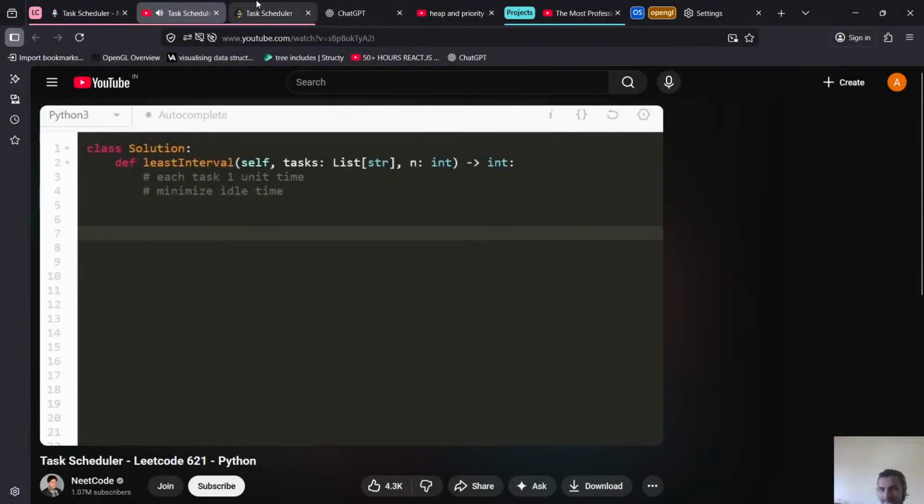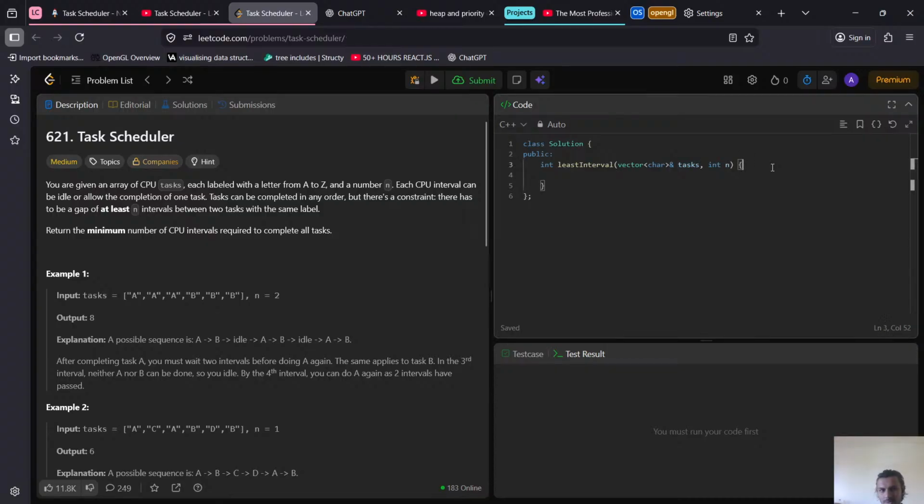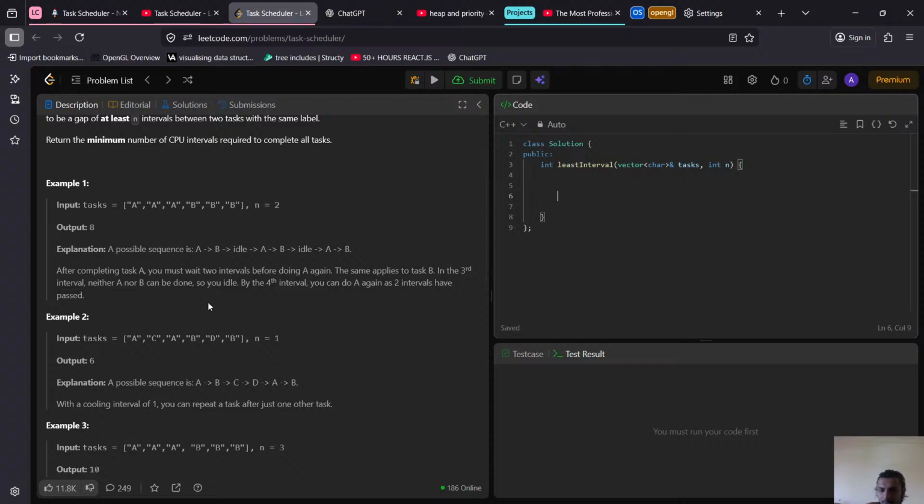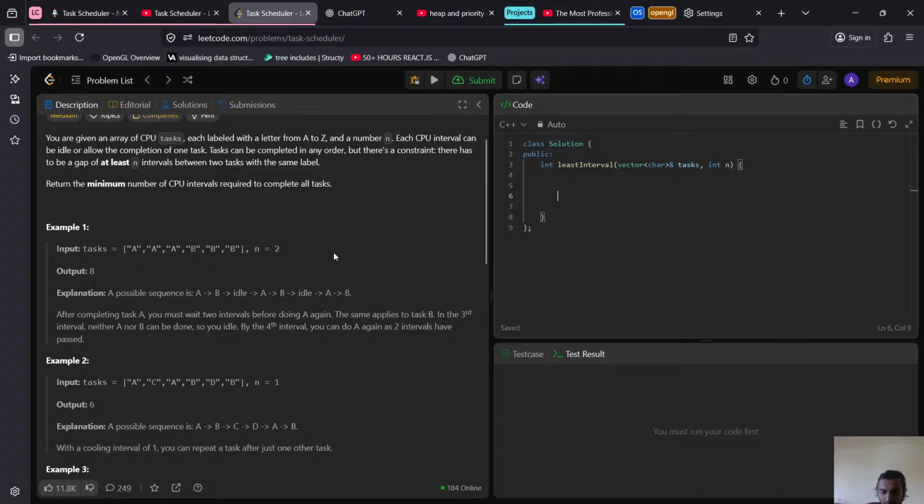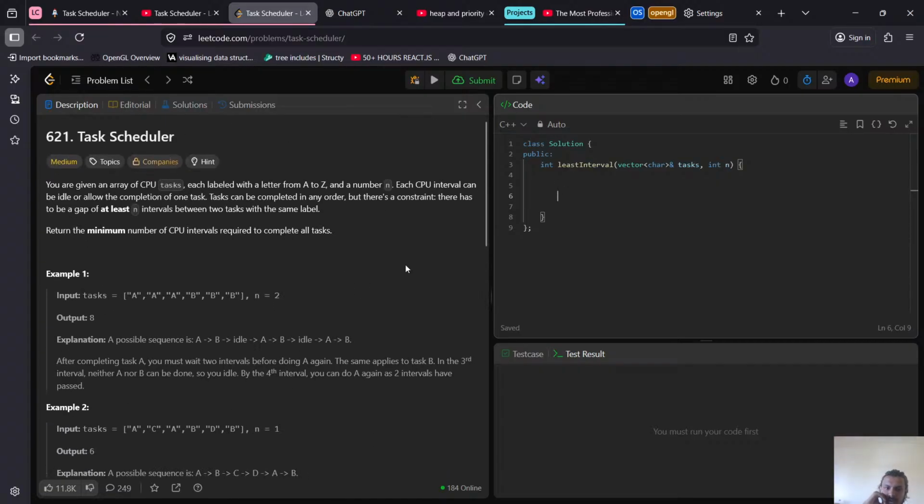Okay, so now what we're going to do is let's just add a hash map to count how many times each number exists, so that we will create a max heap. So how can we create